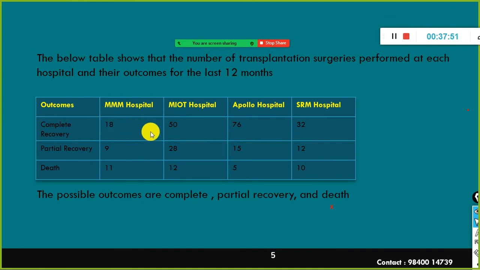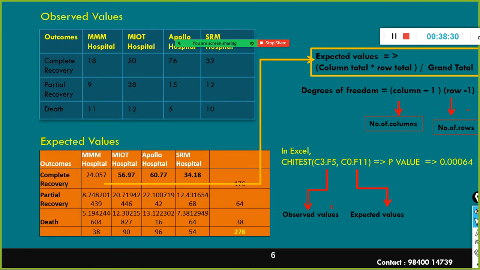In the contingency table, you specify the frequency: how many people who underwent surgery at M hospital got a complete recovery, how many people had a partial recovery, how many people died. Similarly, you collected the data and recorded it here in this table. Now we need to conduct a test: does the outcome have any association with hospital or not? In order to do that, we will use the chi-square test, because in